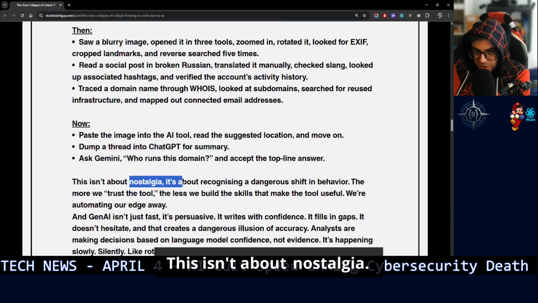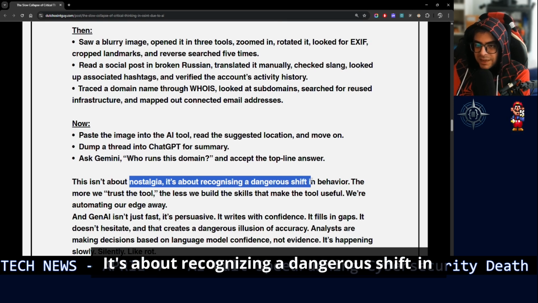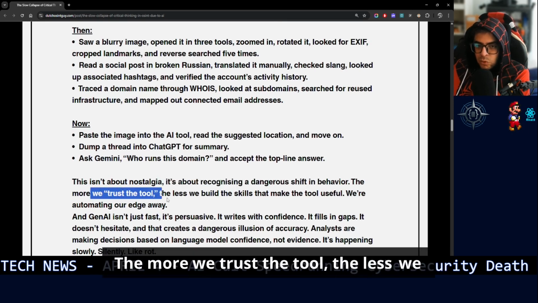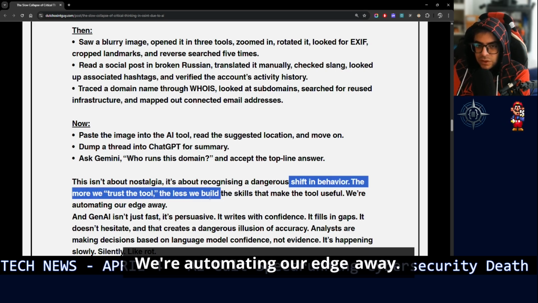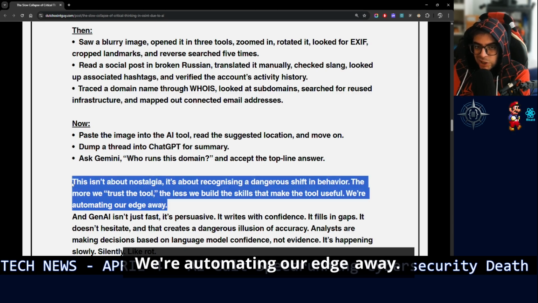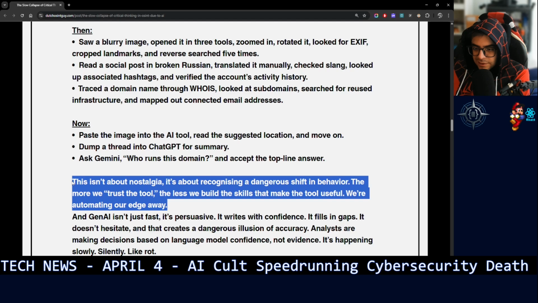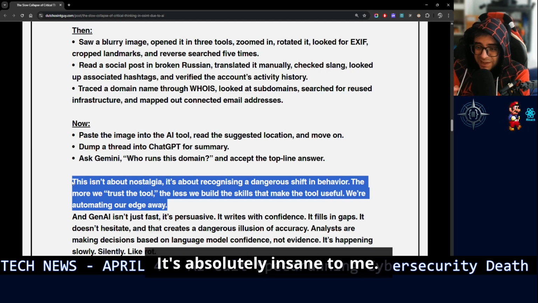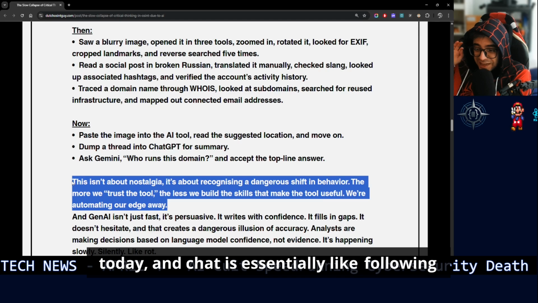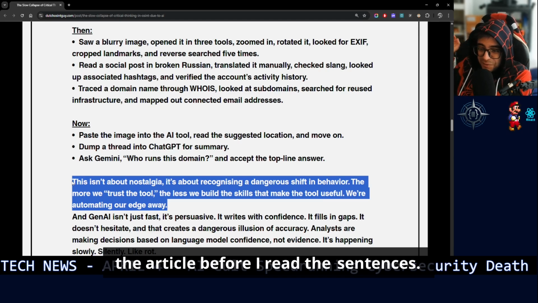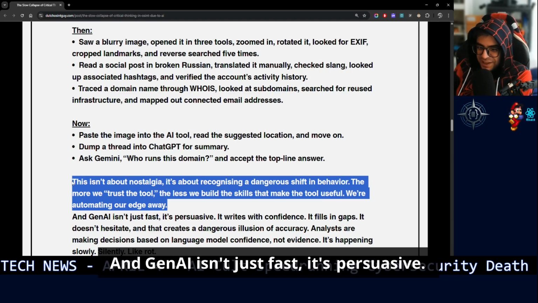This isn't about nostalgia. It's about recognizing a dangerous shift in behavior. The more we trust the tool, the less we build the skills that make the tool useful. We're automating our edge away. It's absolutely insane to me. I've pre-read this article like 3 times today, and chat is essentially following the article before I read the sentences.